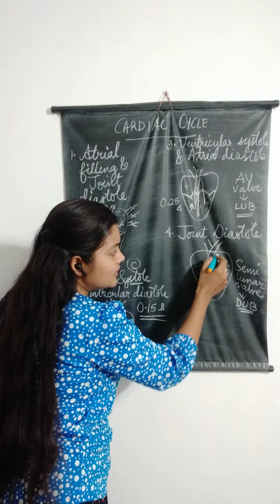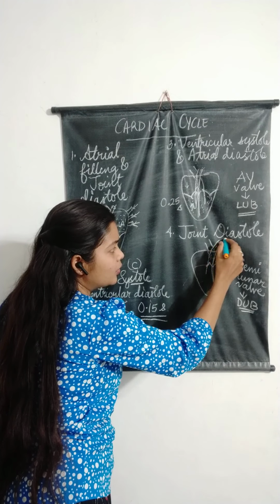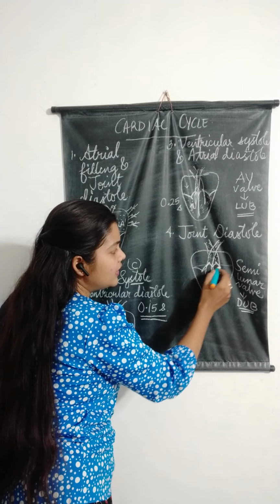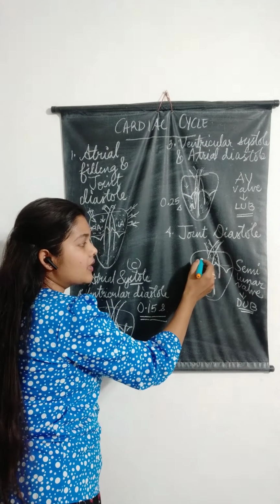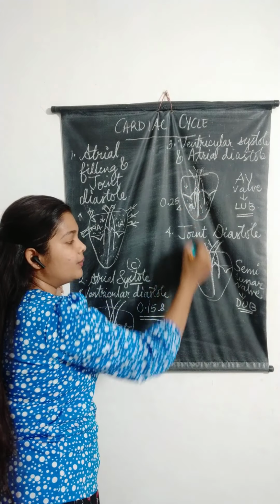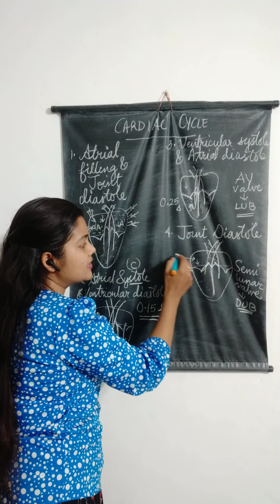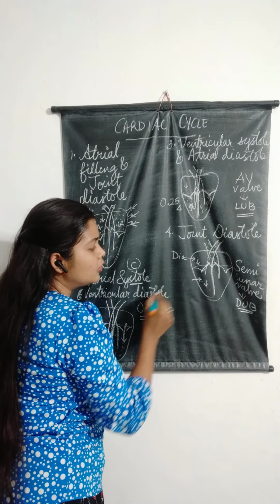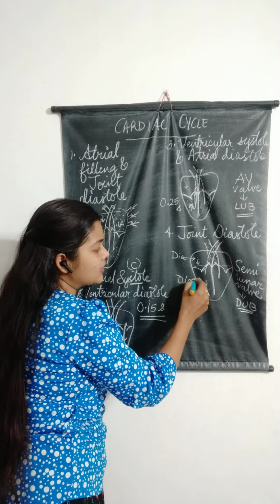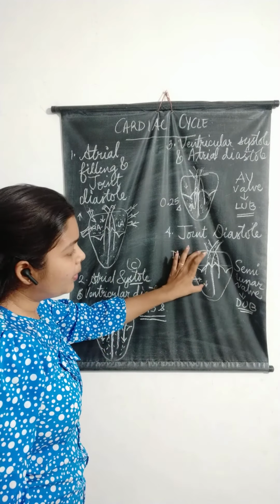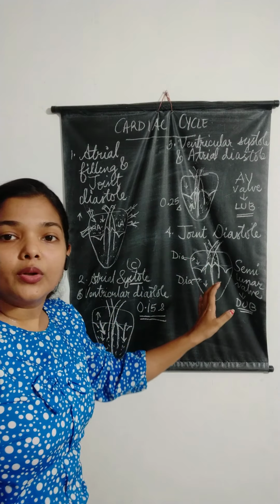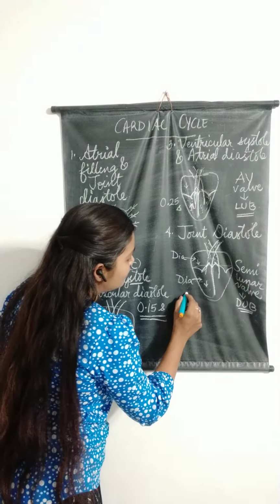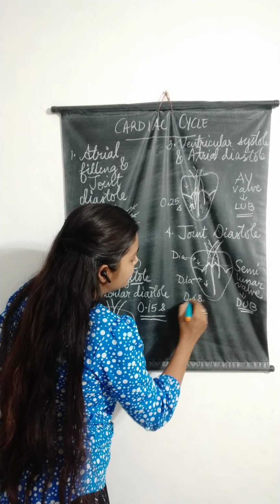Now since this is closed, blood has already entered into the blood vessels. Here even the AV valves remain closed. Initially we saw the pressure was low in the atrium, so this indicates diastole. Same way, now ventricles also are having low blood pressure, that indicates diastole. So altogether, all the four chambers are going through the diastole. We call it joint diastole. The time taken for this is almost 0.4 second.